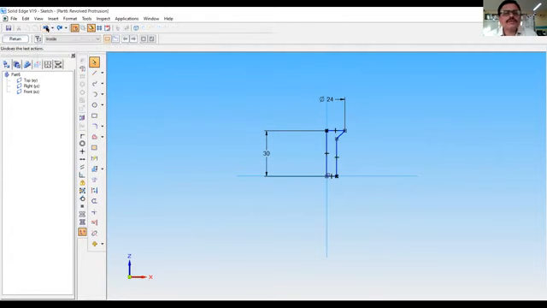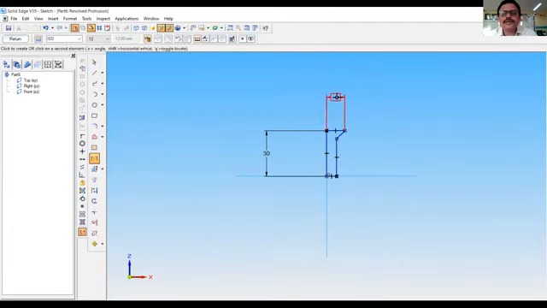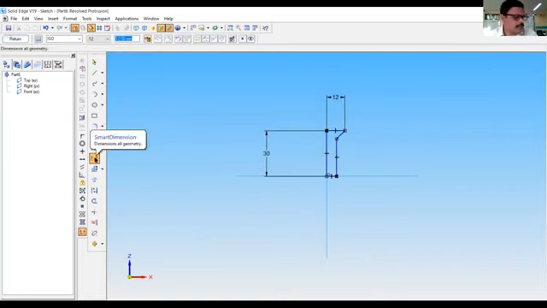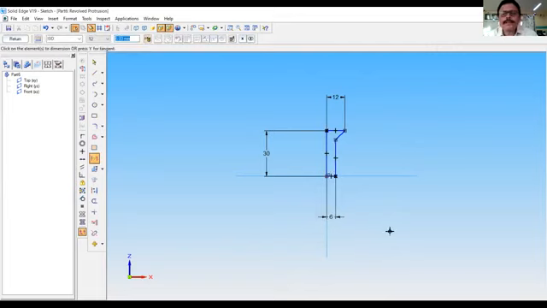I think we have done some mistake here. This distance is actually 12 and this distance is 6. This distance is 24. So all these things are dimensions.